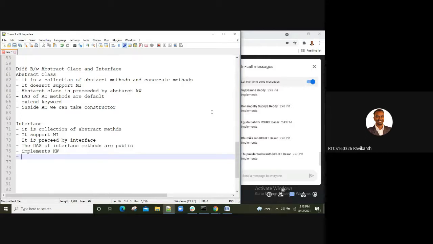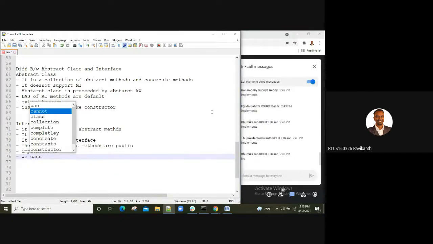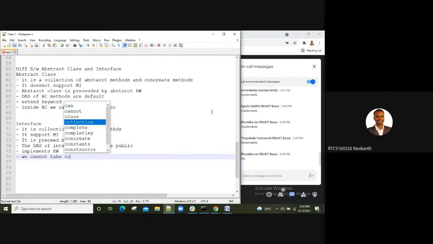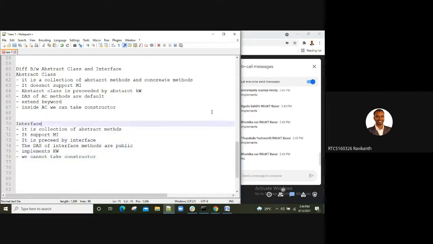No, we cannot take a constructor. How many differences have we seen?